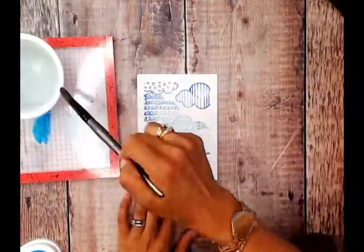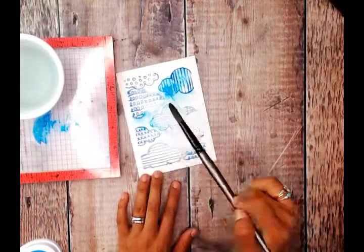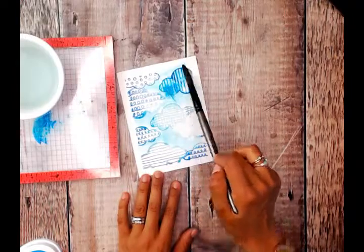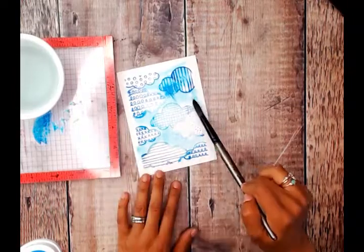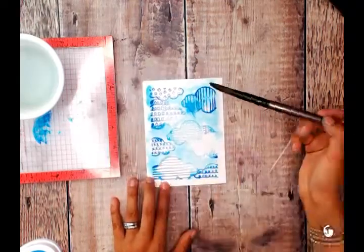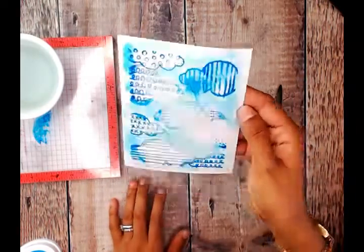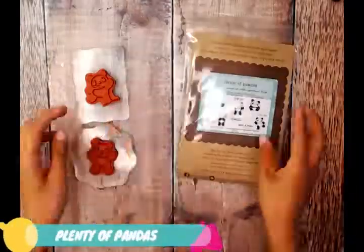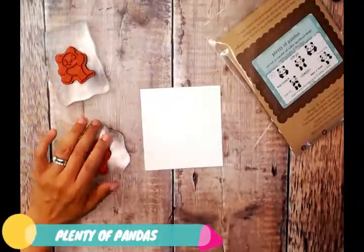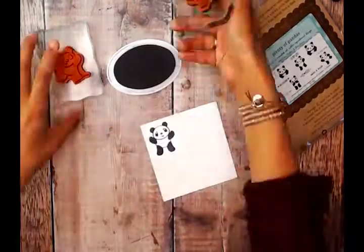On the cover of the Misty, I'm going to put some ink. You can use some acetate, but since the Misty was ready to go, I'm going to wet my brush and grab the color from the ink pads. You can do this with any dye ink or any water-based ink pads, and I'm trying not to get into the actual clouds. Now, using Plenty of Pandas, we're going to be using Blackjack, which is a really dark gray,